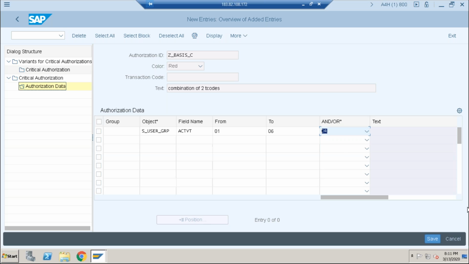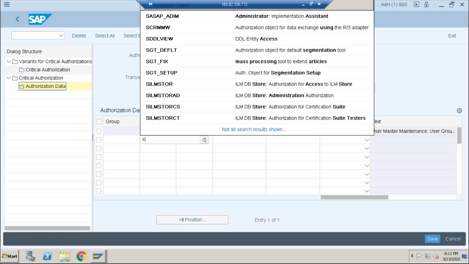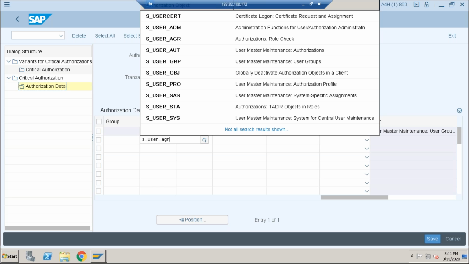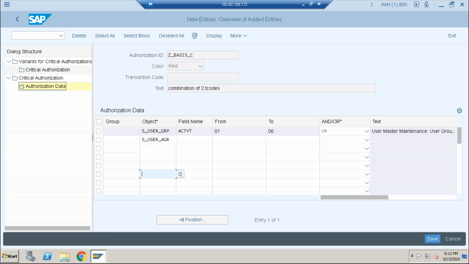So save. Now add one more object, because we need two combinations. Okay, S underscore USER underscore AGR. This is also the activity.